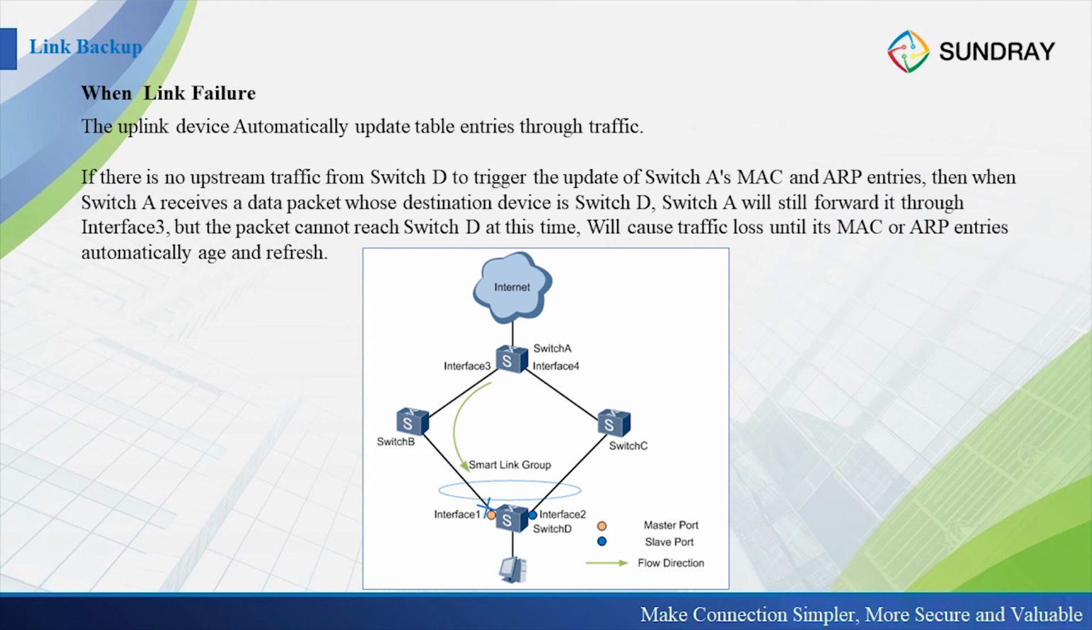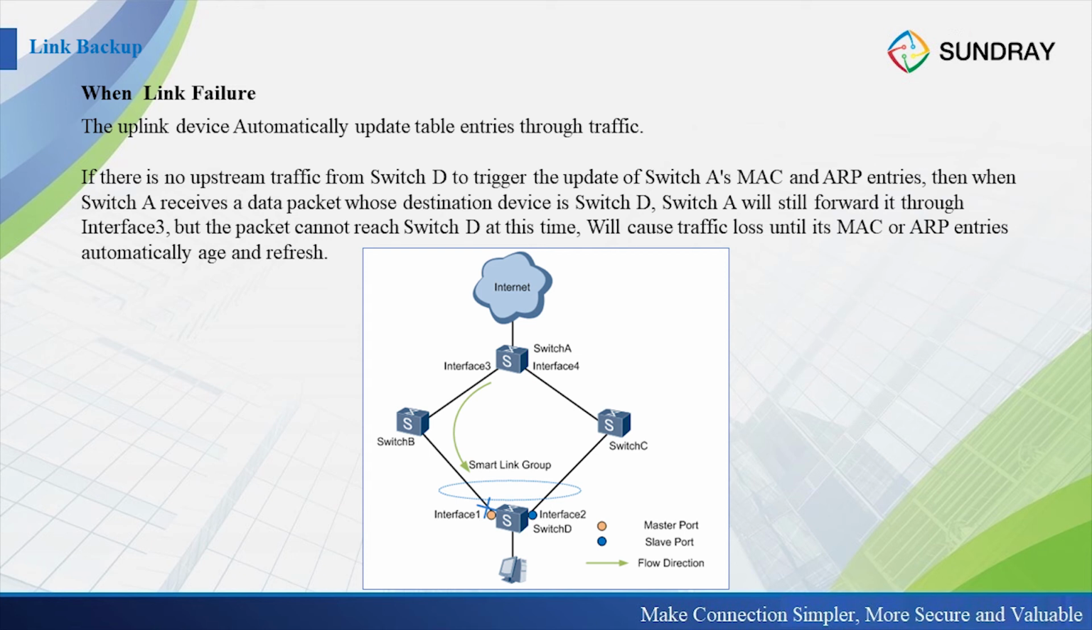The next is link failure. This is for switch A. It automatically updates the MAC table entry and forwards the traffic. Just now, if there is no upstream traffic from switch D to trigger the update of switch A's MAC address and ARP entries, then when switch A receives the data,